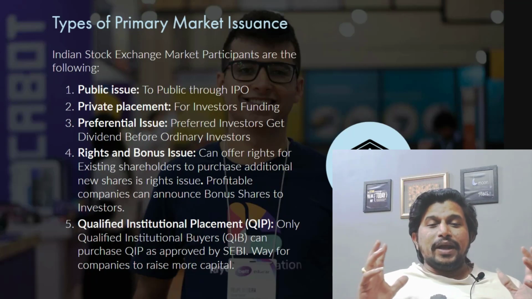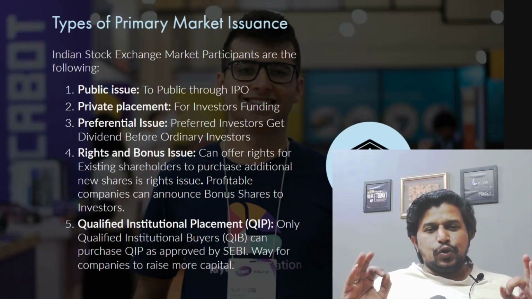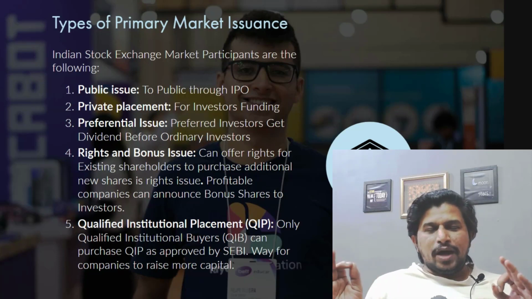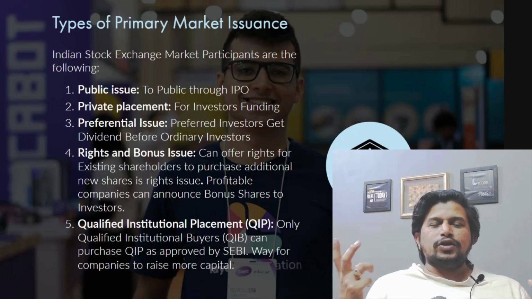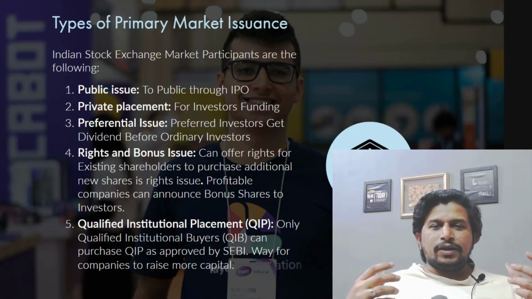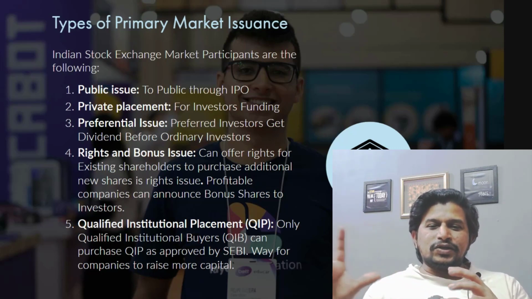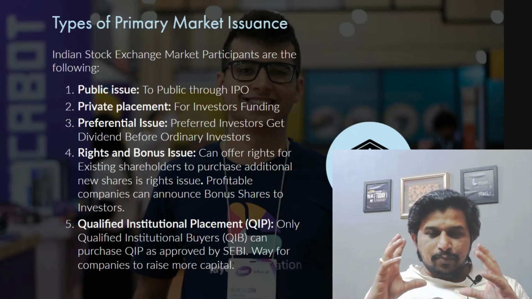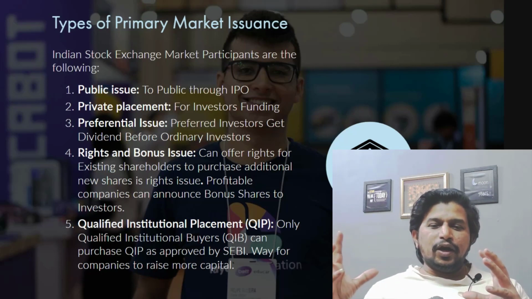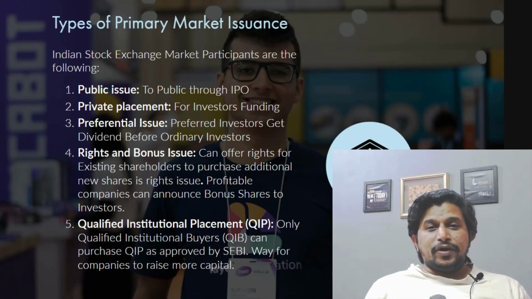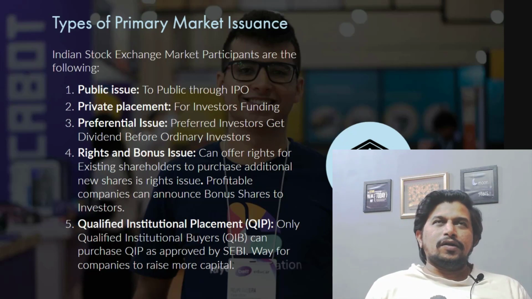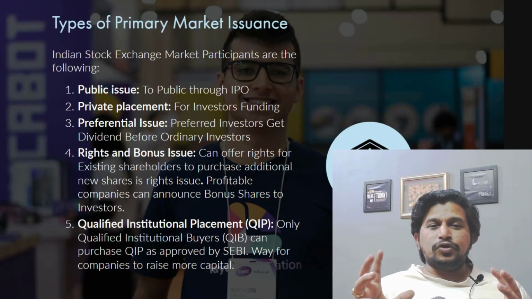The types of primary market issuances are public issue to the public through an IPO, and private placement. This is for companies who want to raise capital through private investors, like angel investors. They give away a certain part of their stocks to the investors so that they can raise the capital. And preferential issue